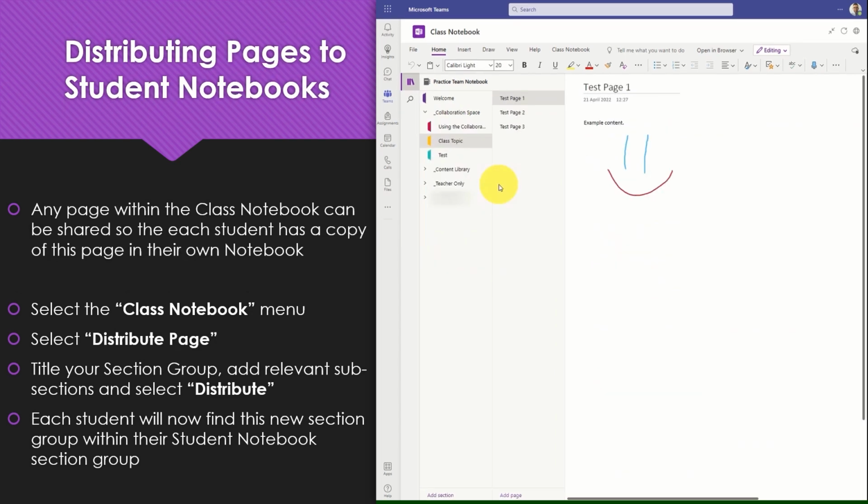Any page within the class notebook can be shared so that each student has a copy of this page in their own notebook. This may be a piece of work that pupils worked on collaboratively within the collaboration space. It may be a particularly important piece of theory content that you've stored in the content library, or it may be an assessment that you've created within the teacher-only section. Pages of pupil work within their own student notebook section can also be shared